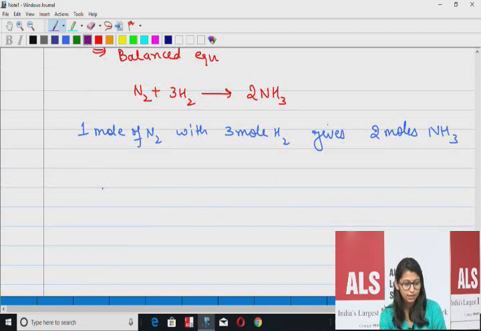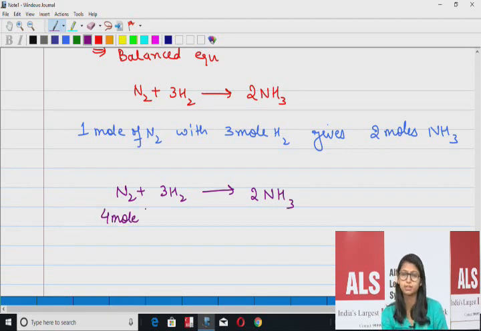The problem will lie here when this is given to me. Look at the screen. Let's say in the question it is given that 4 moles of N2 is present, and 15 moles of hydrogen is present. Obviously, if I'm taking two reactants, it should give me the amount of both of the reactants, right? So the amount of both reactants is present, and now they are asking how many moles of ammonia